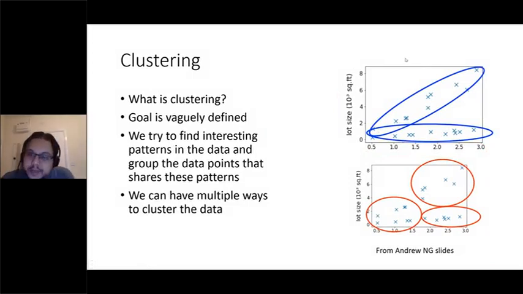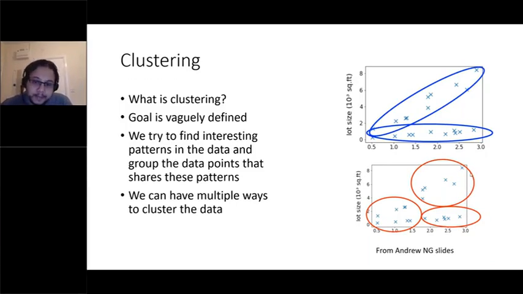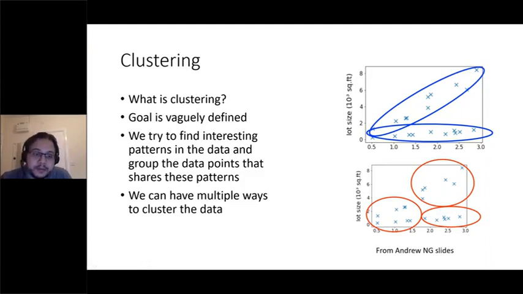So you can see, guys, with unsupervised learning, we have multiple ways of clustering things. It's not one single solution. And the goal is very vaguely defined. We just want to find some interesting structures and then see later if they can be useful or not. And remember this, we will need this concept till the end. Even in the NLP part, it's strongly used and very, very important.